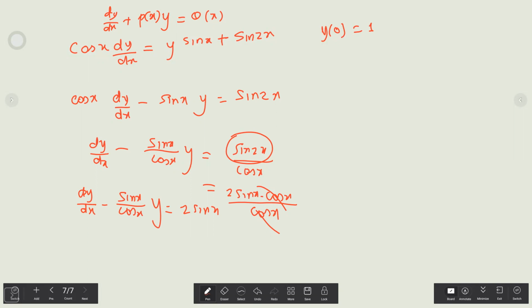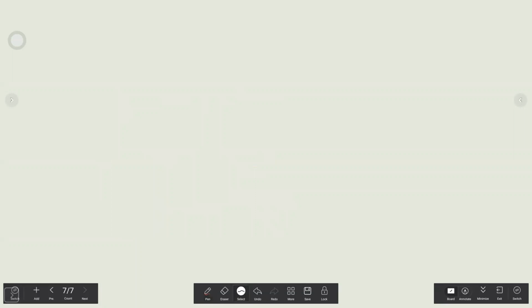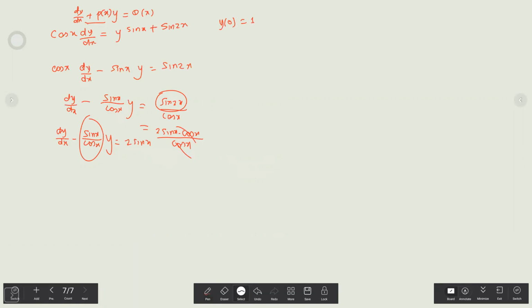Okay, so we'll find the integrating factor by integrating the p of x. Now here, remember the format. The format is with plus p of x. So p of x is nothing but the coefficient of y. Here, don't just take sin x upon cos x as the function. This is one of the important points where students make mistakes. So p of x that we have got is negative sin x over cos x. That's your p of x.